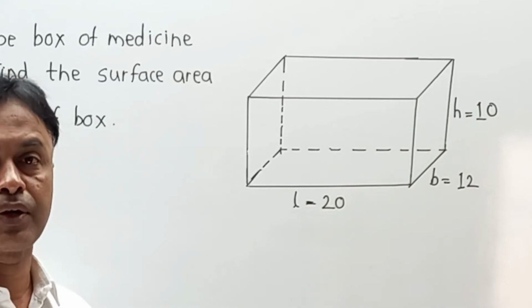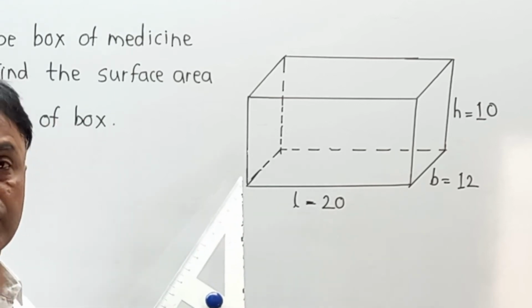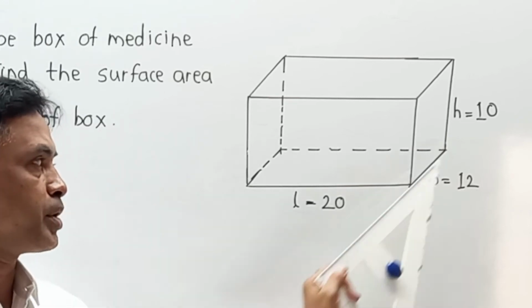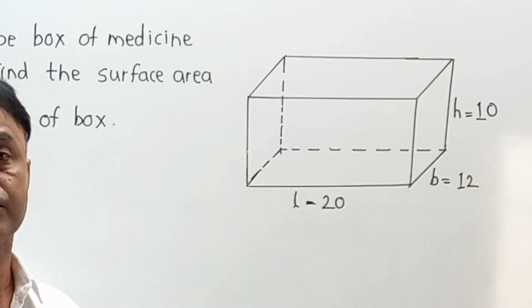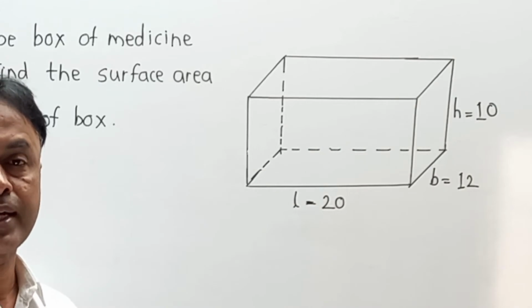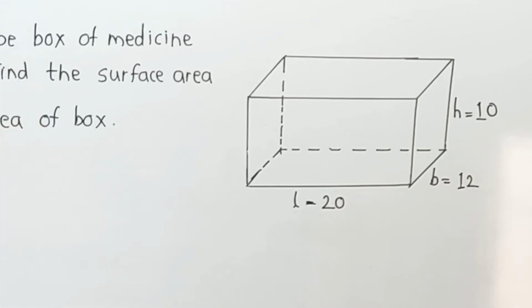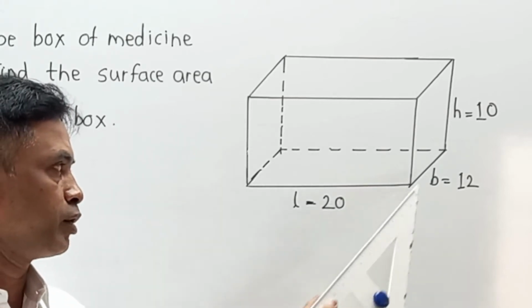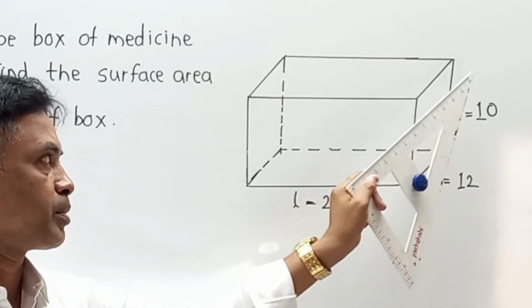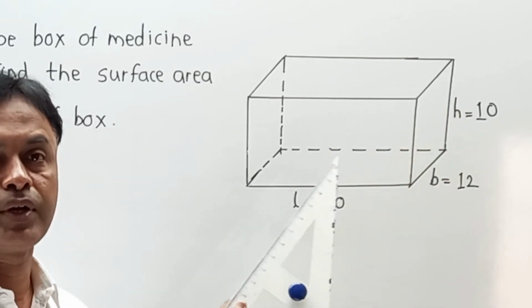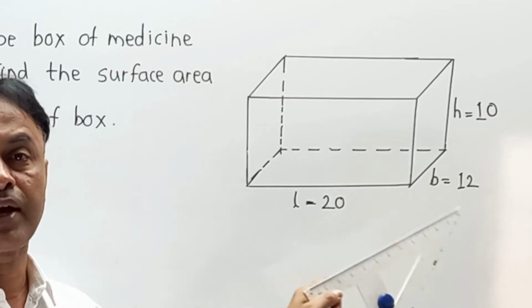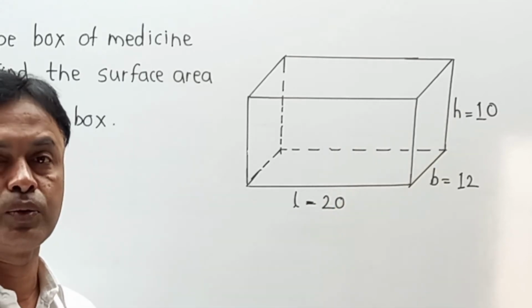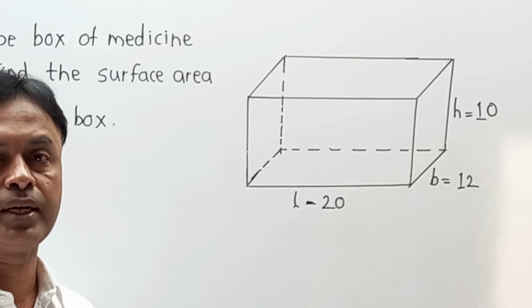In that case, first of all, we have to calculate the vertical surface area of faces. We know that formula: 2 into bracket L plus B into H. So we are using that first formula over here. And second, they have asked us the total surface area of the box. For that part, the formula is 2 into bracket L into B plus B into H plus H into L. Now we are going to write both parts, putting the values in terms of number calculation, and do the multiplication and complete the answer.